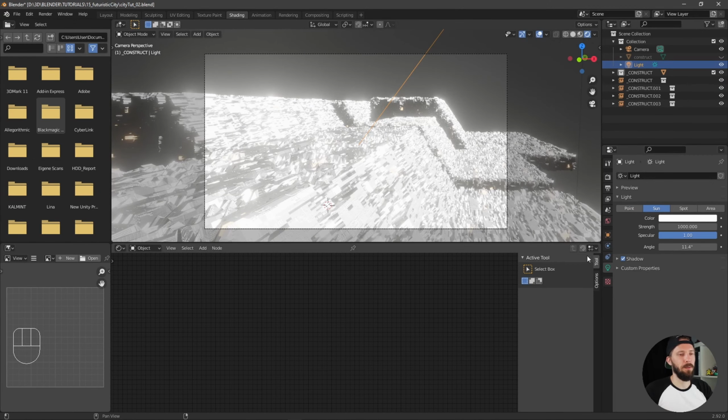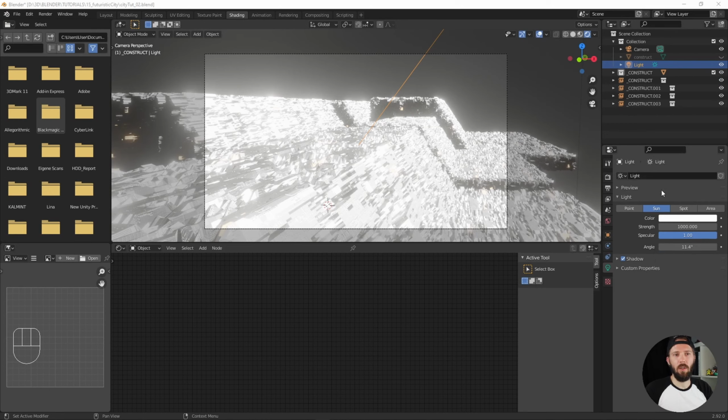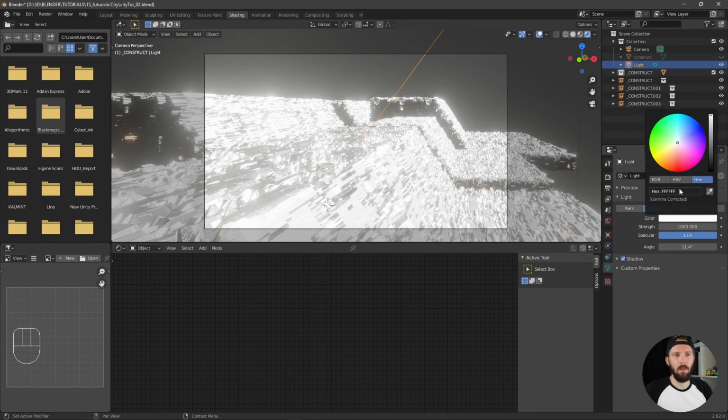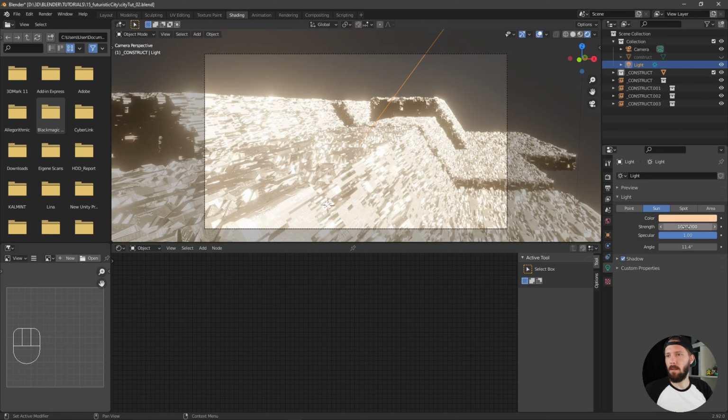This is getting really bright now. Change the color really quick, so let's go into this one and to this hex code and FDD1A5. Yeah, this is much better, and let's go for 10